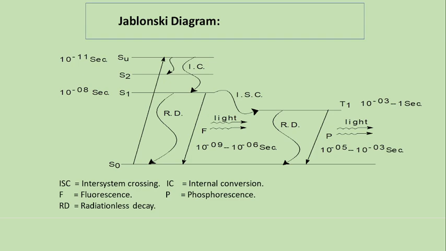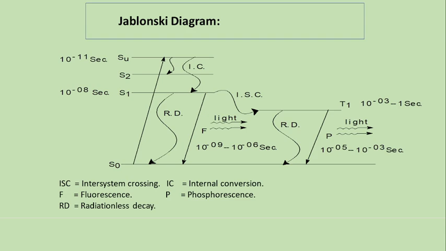The Jablonski diagram is nothing but this: when a molecule absorbs energy at its ground state level, that is the S0 state level, it undergoes excitation, meaning the electrons are shifted towards a higher energy level, that is the molecule goes from S0 to S1, S2, S3. It may go to the Sn level. Consider the Sn level. When it comes to its ground state,